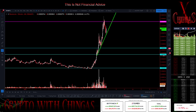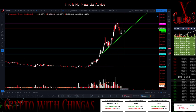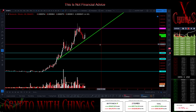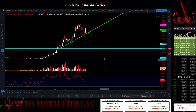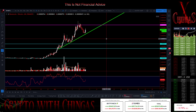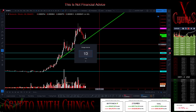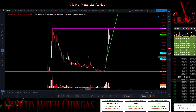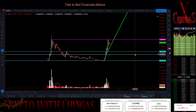Now what we want to take a look at, we want to look at these two pullbacks here. We want to measure them, get targets for continuation if need be. Our size curled back up on the 4 hour. Let's hit the daily right now. So if you look at the chart, right, just like this,